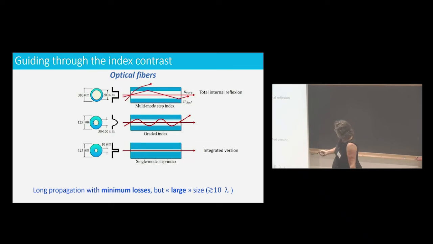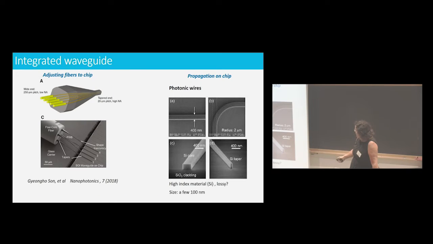This is the one that you can use in integrated version, because one of the challenges when you do nanophotonics and optical nanostructures is to put all these nanostructures on a chip, in order to have a device which is more useful than a big device. So this is one version of what you can have on a chip.